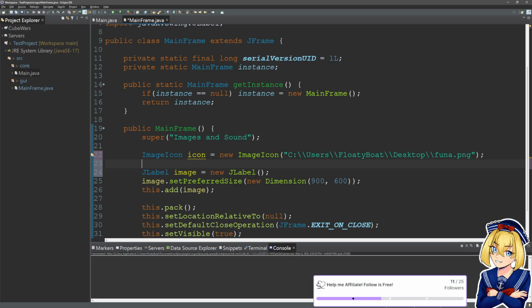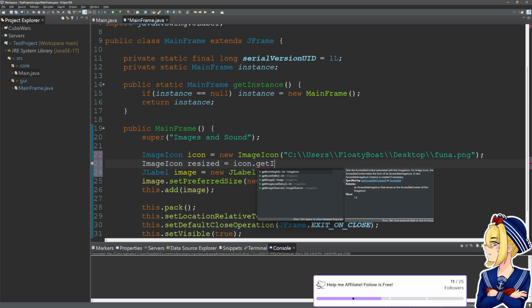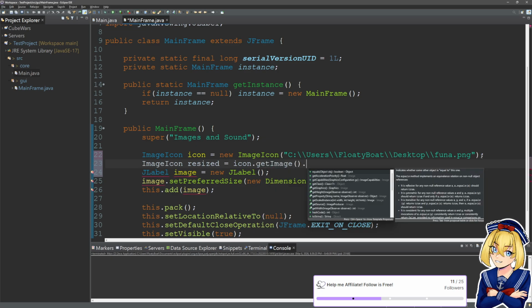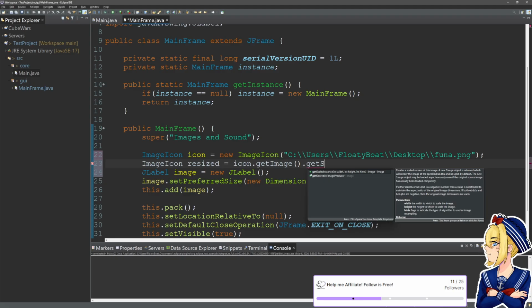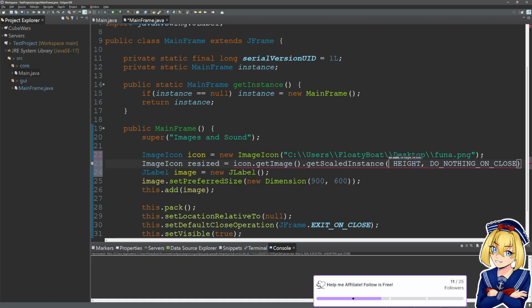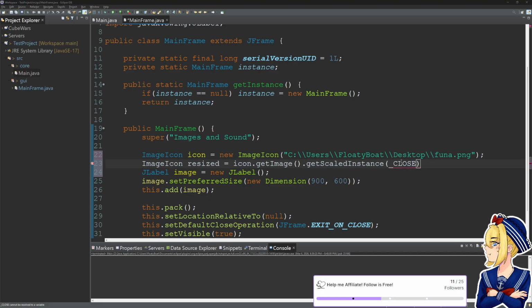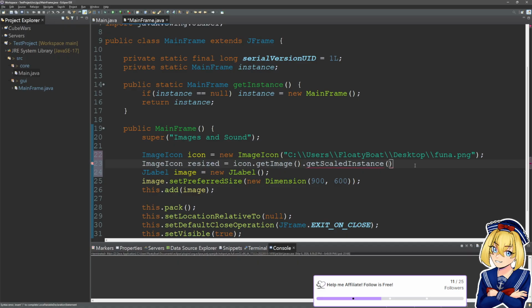And then we're gonna say image icon resized is icon dot get image dot get scaled instance, and then we can pick a width, a height, and we can choose how we want it scaled. So we're gonna say we want it to be 150 width, 300 height, and then image dot scale smooth.